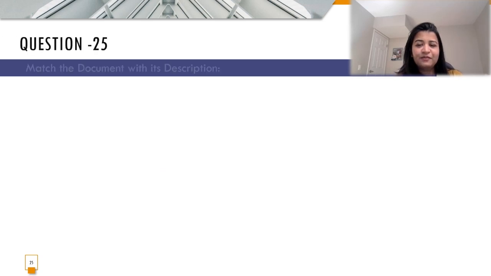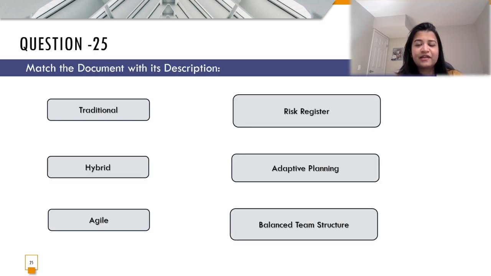In question number 25, we have a similar scenario like the previous question, wherein we have hybrid, agile, and traditional project management methodology, which is supposed to be mapped to different descriptions: a risk register, adaptive planning, or a balanced team structure. Now, traditional project management corresponds to having a risk register. Hybrid project management is going to have a balanced team structure, that is, half of the team is going to be